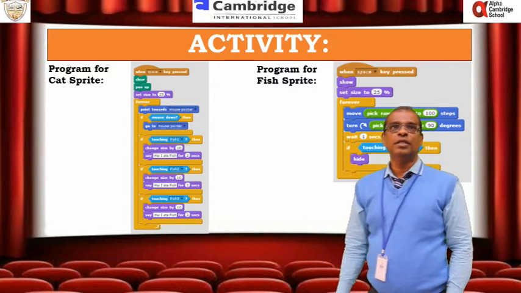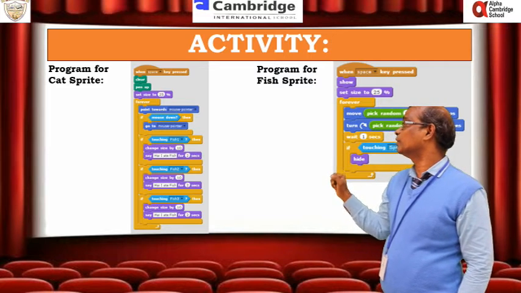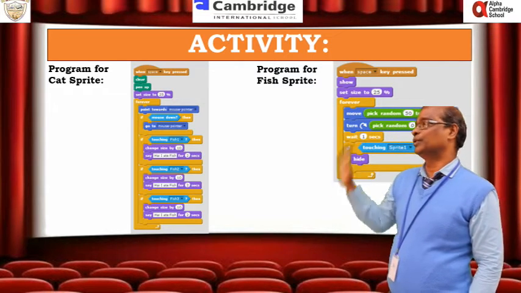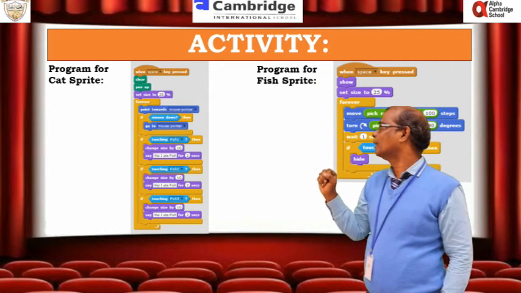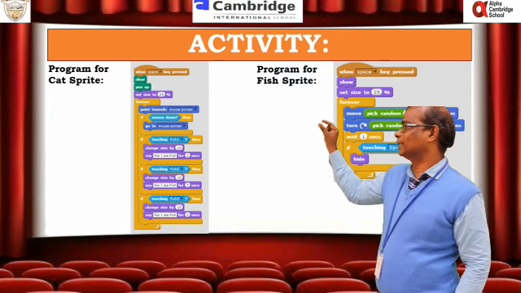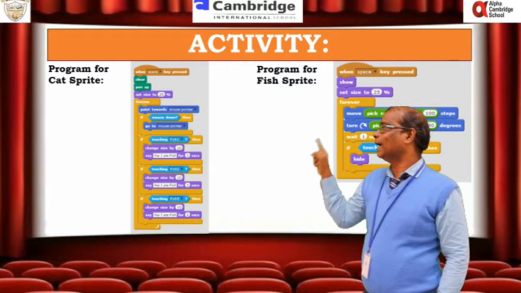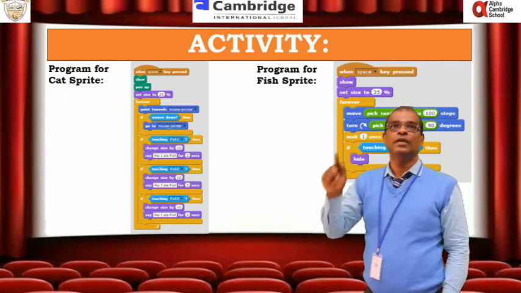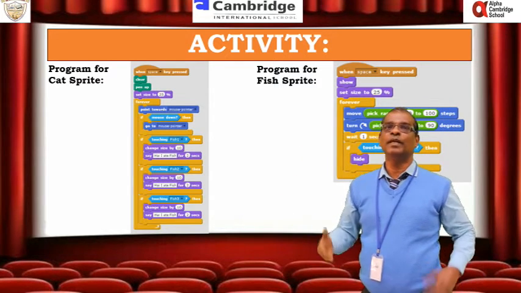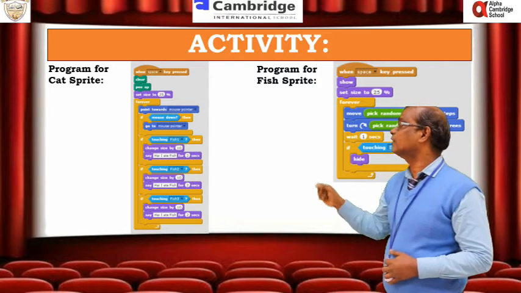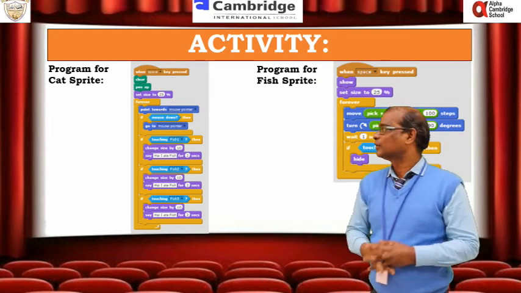Okay, good. So the next one is if touching fish 1. Already I showed you 3 fishes are moving across the stage. If we correctly click the mouse pointer above the fish 1, the cat will move to the place where you click the mouse above the fish. That means the cat touches the fish 1, so touching fish 1 returns true. What will happen? Change size by 10. That means the cat eats the fish. The cat will become a little bit stouter. It will increase the size by 10%.